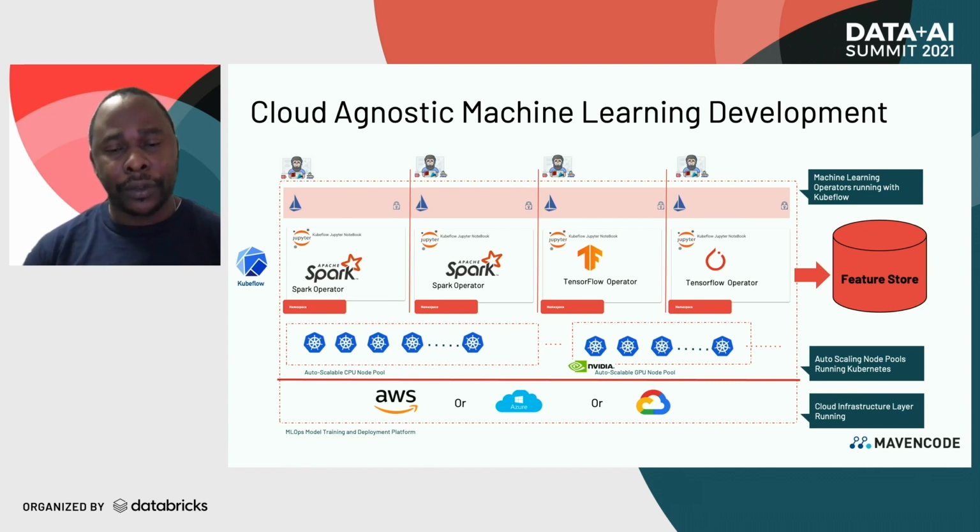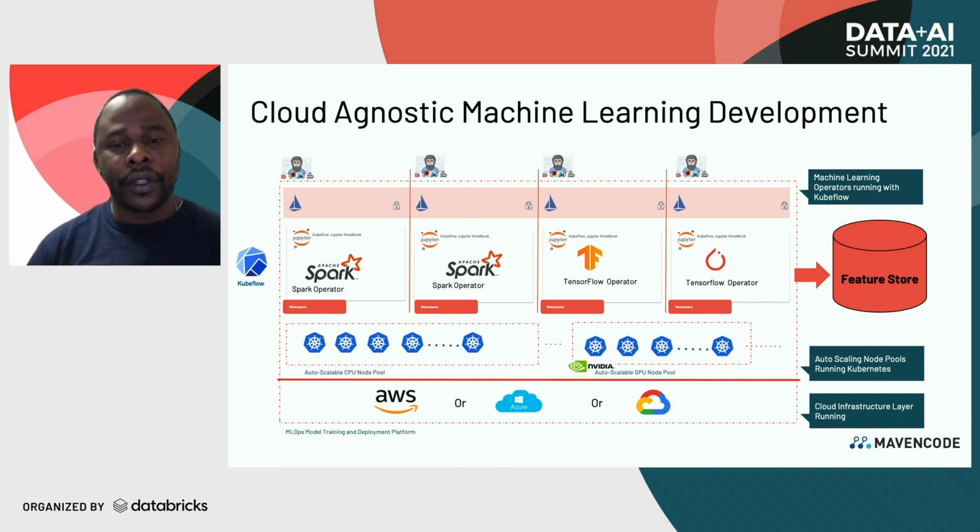The Kubeflow that allows you to run your machine learning component. Kubeflow has a bunch of operators. For us, we do a lot of things around the Spark operator. So a data scientist or an ML engineer will just need to whip up a Jupyter notebook and run their Spark jobs, and the whole life cycle of their job is controlled within their namespace on Kubernetes, and that means they get allocated a certain percentage of resource within that namespace,